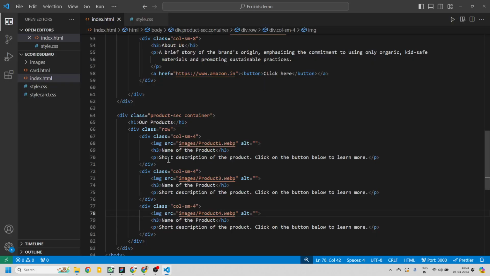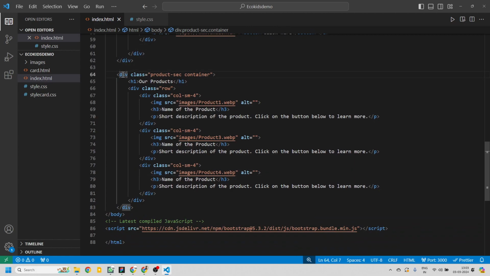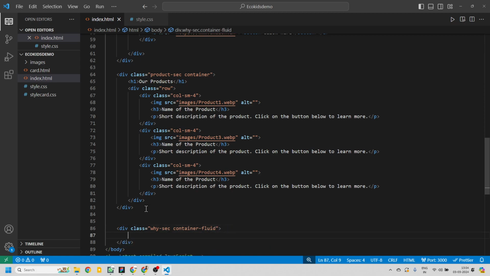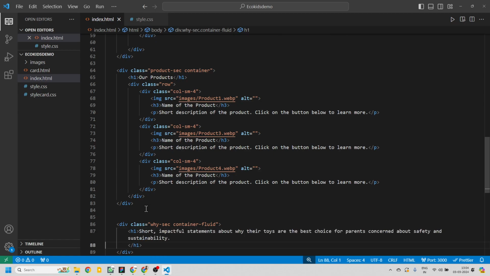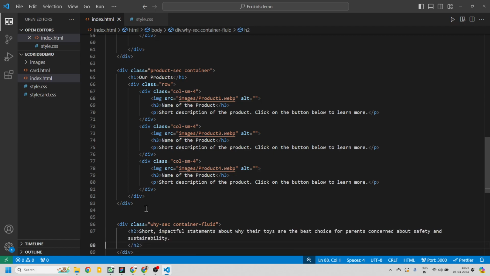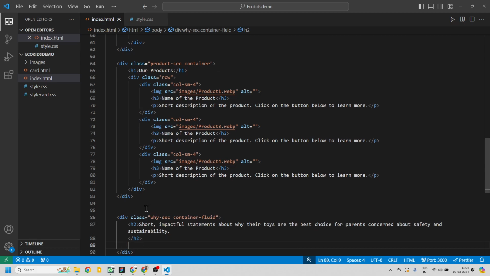Let's say Control C, come back here, and where this div ends, the product section, we will introduce another section. Call it a div with class ysec, and I'm going to add a container-fluid class to it because I want it full width. Inside that I'll simply have an h1, paste the content, and maybe not h1, it is too big for this, so maybe h2, and a call to action right below this. Start an anchor tag and link it to something for now,